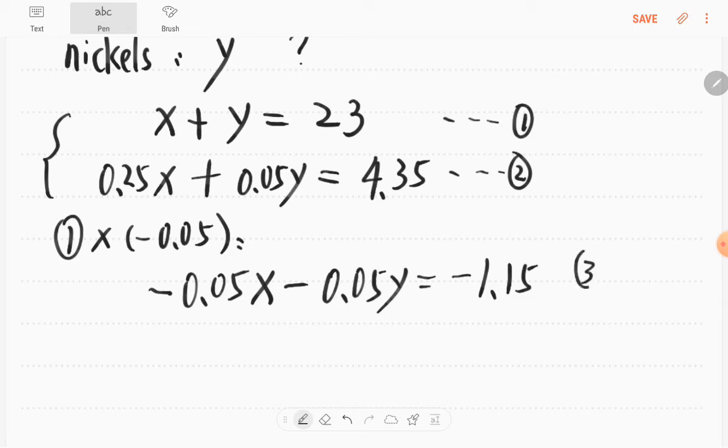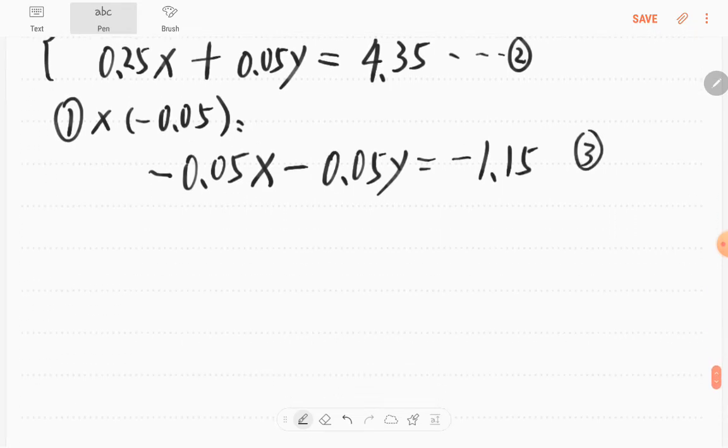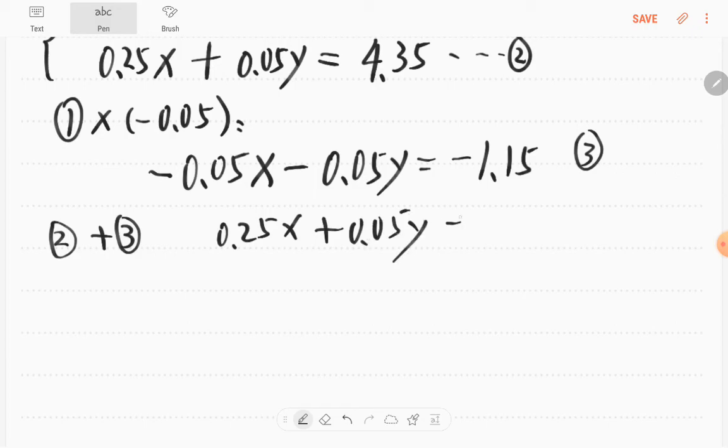This is equation 3. If we add equation 2 and equation 3 up,